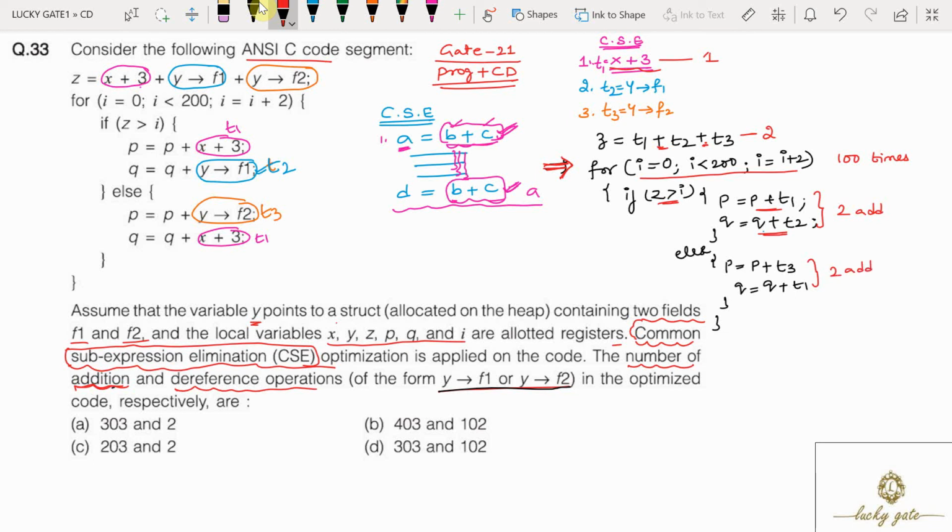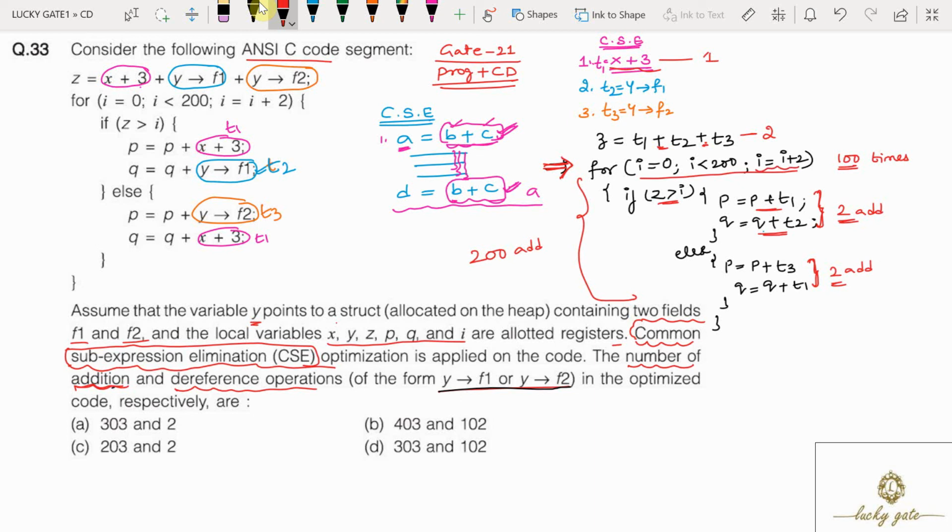Whenever the control enters the loop, it is going to execute either the true part's two add operations or the false part's two add operations. So whether it is true or false, it has only two add operations. The loop repeats 100 times, so inside the loop we have 200 add operations.